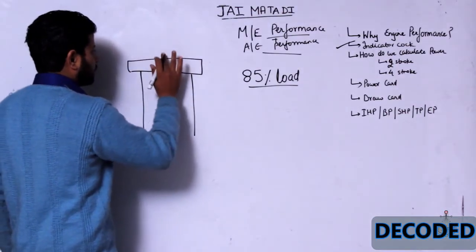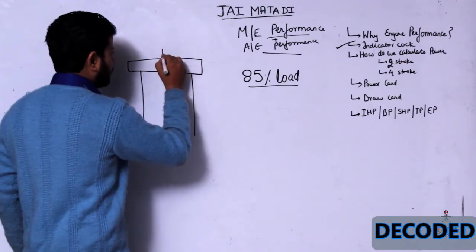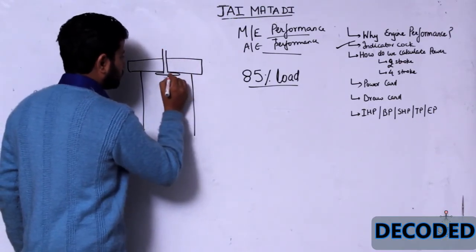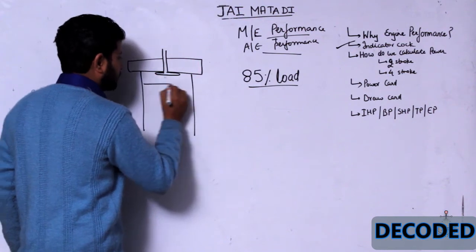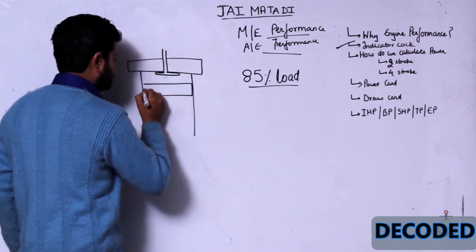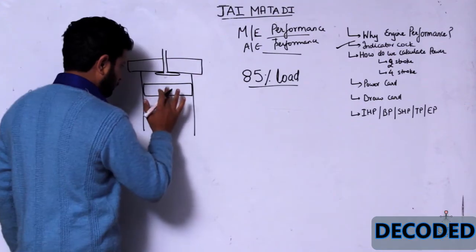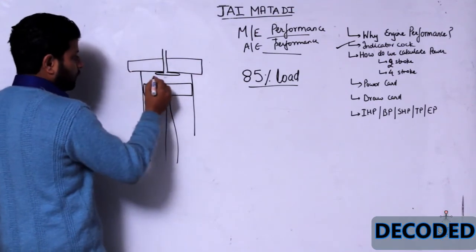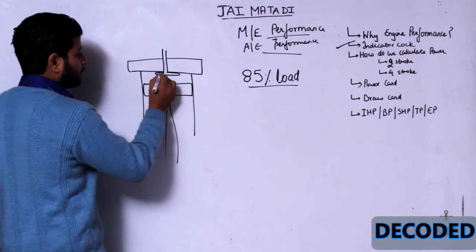This is a cylinder block. In between I have got your exhaust valve fitted over here. Right? Over here is your piston. This is your piston rod. Okay guys. Now out here, whatever pressure is being generated over here,